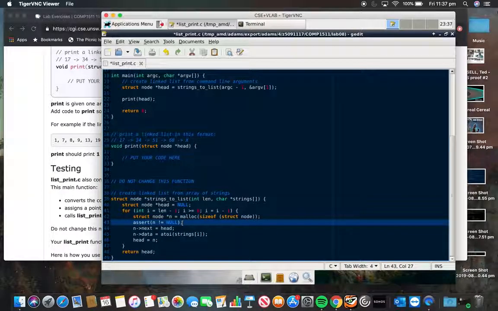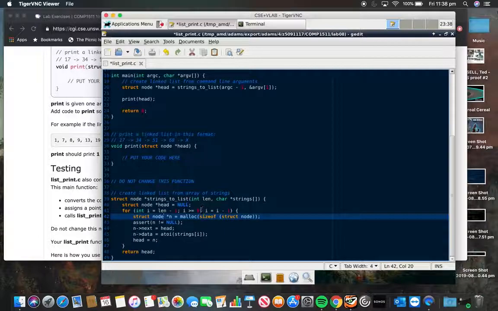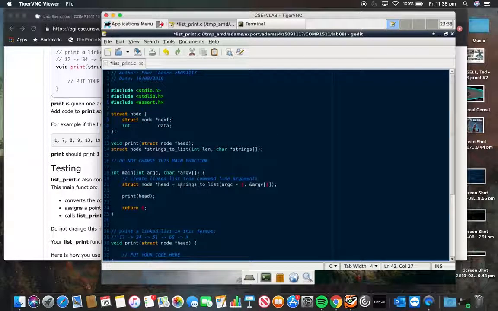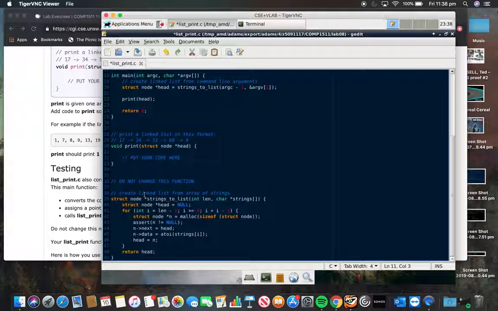What will happen is that the program will terminate if n is now empty, because that means we haven't done the malloc correctly, and that might be a problem if we haven't included the standard library, or if we haven't fed it in from the command line or something along those lines. So the next thing